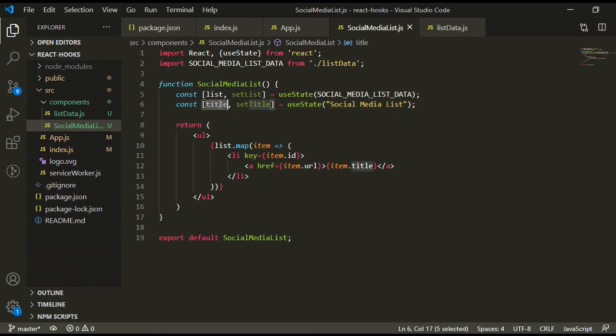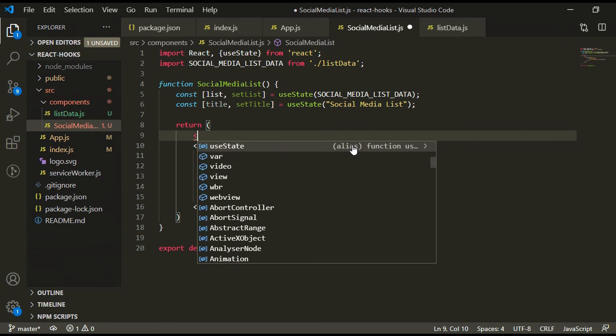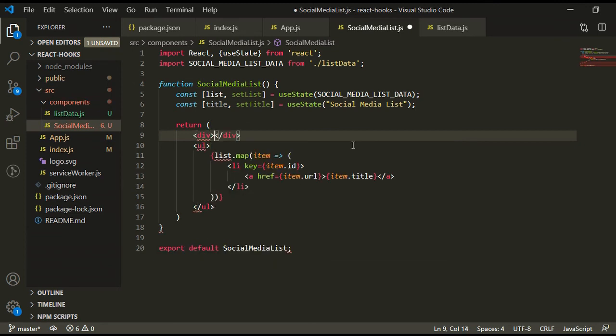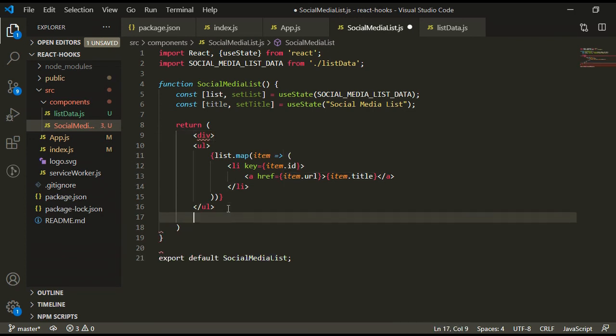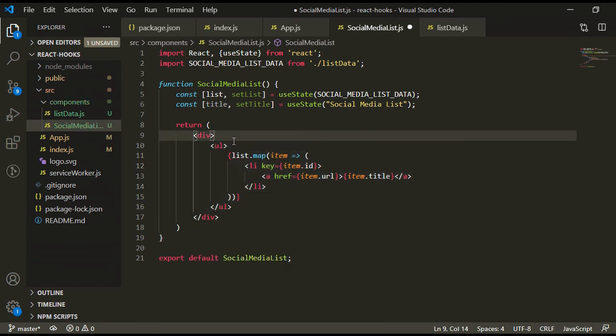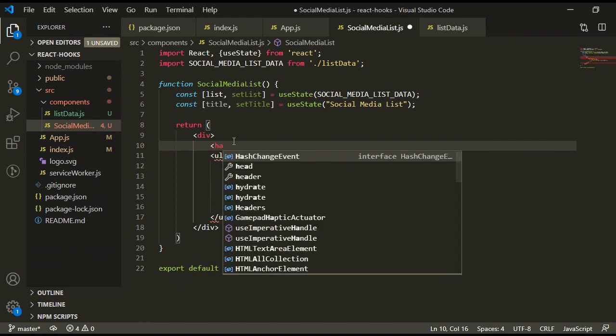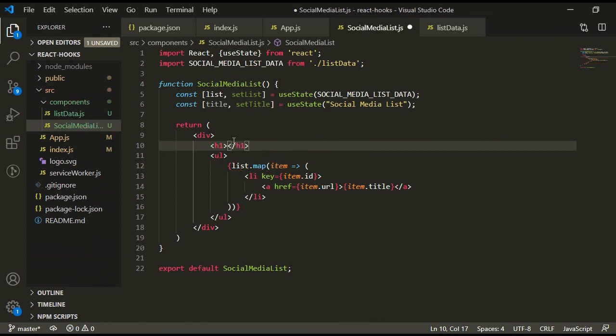Now I am going to use this title here. Before that, let's add one more div as a parent. And now I am going to add the heading, it's h1, and here I will use this title.